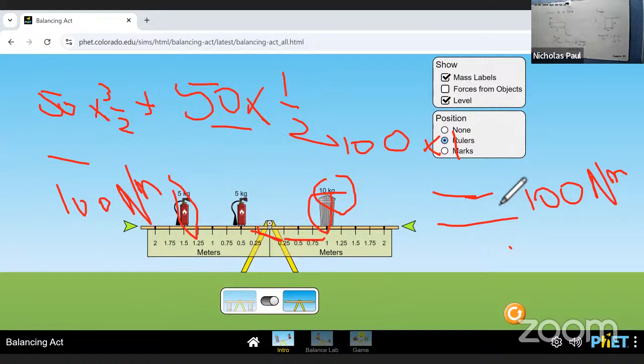An example, you can show me the moment. What is the definition of the